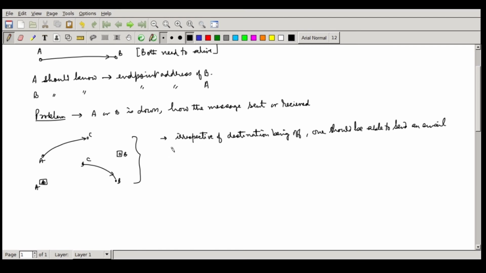And similarly, irrespective of the source being off, one should be able to receive the mail. This was the first criterion.